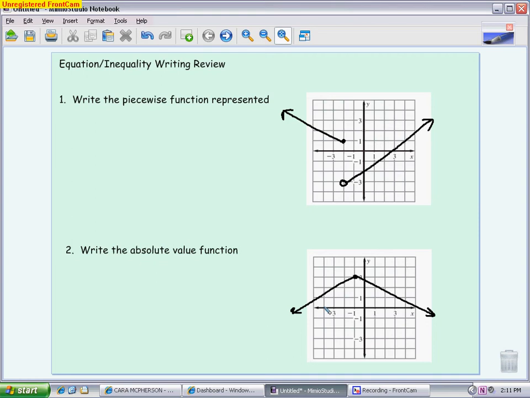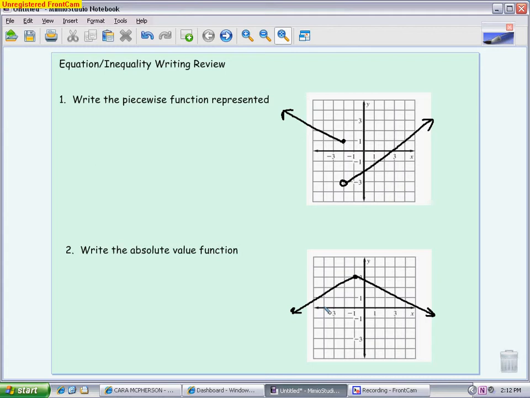Here's a review of how you write both equations and inequalities for the Chapter 2 Algebra 2 test. So kind of working in reverse, where instead of me giving you the equation and you come up with a graph, I'm giving you a graph and you're coming up with the equation. We're going to go through three of the most common ones, a piecewise one, an absolute value one, and then